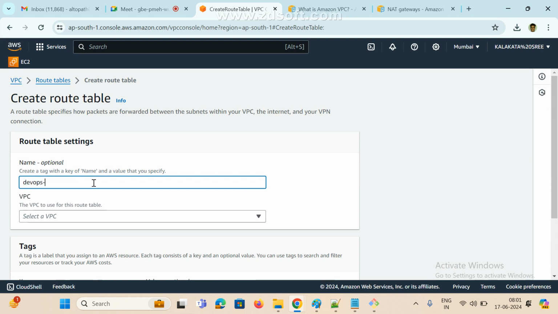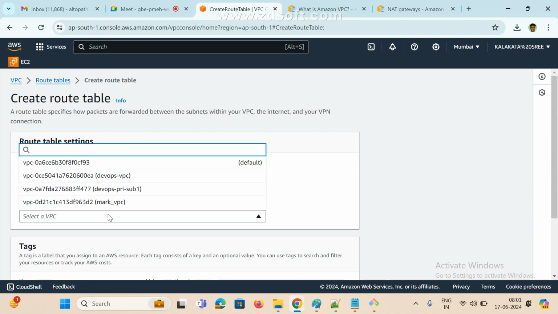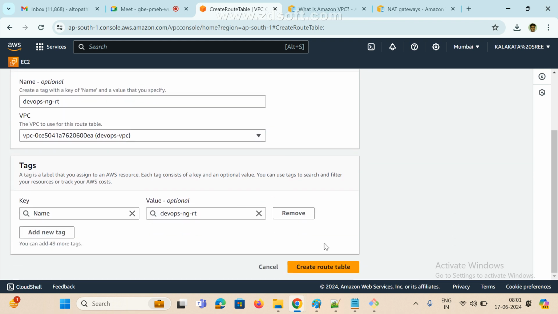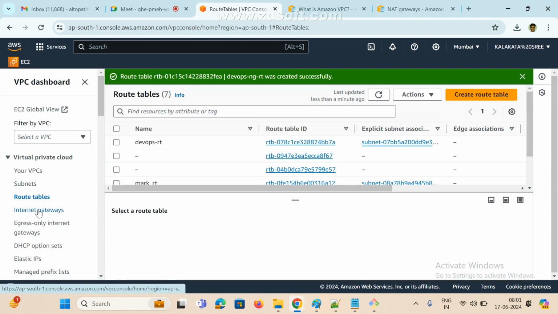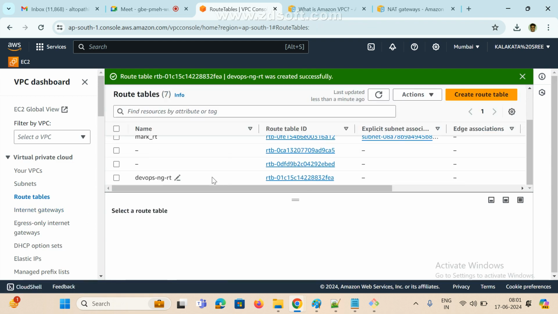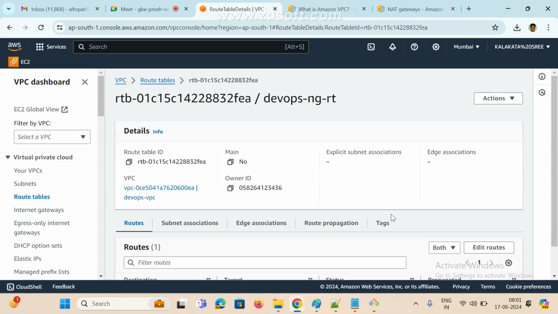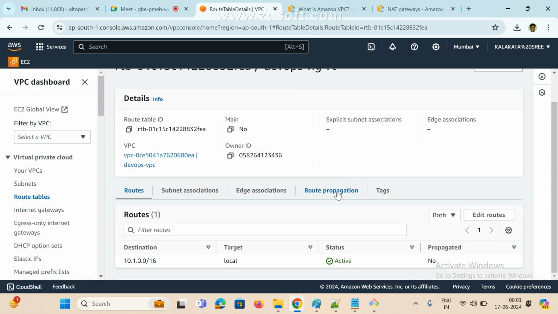I gave the name DevApps hyphen NAT gateway RT. Under which VPC? DevApps VPC, same VPC only. That's it. Now this is a route table. Now tell me, where is my route table? This one. Click on route table. Now help me here. What do I need to do? Click on